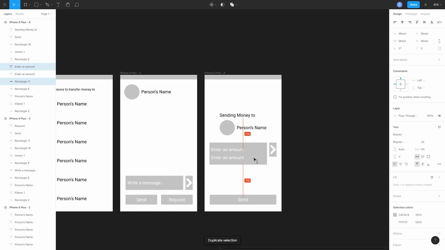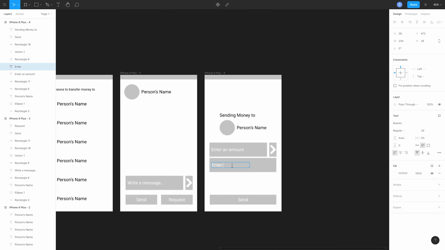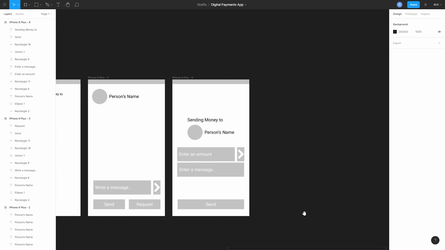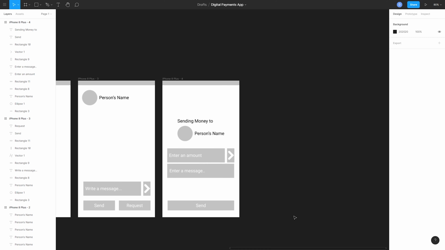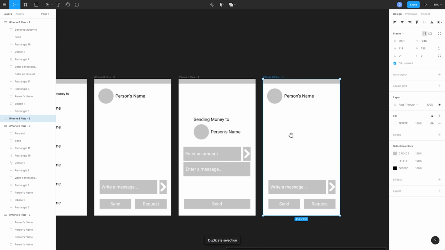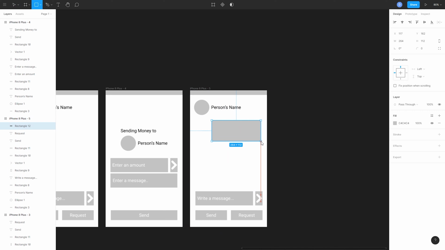And if you want, we can also add a message to our send request. So enter the message, the user can attach a message to the money that they're sending. All right, so that will be our money sending screen, right? So next thing that we want to do is add a post screen, letting the user know that your money has been sent. So I'll just go ahead and duplicate this specific one and add a chat message saying